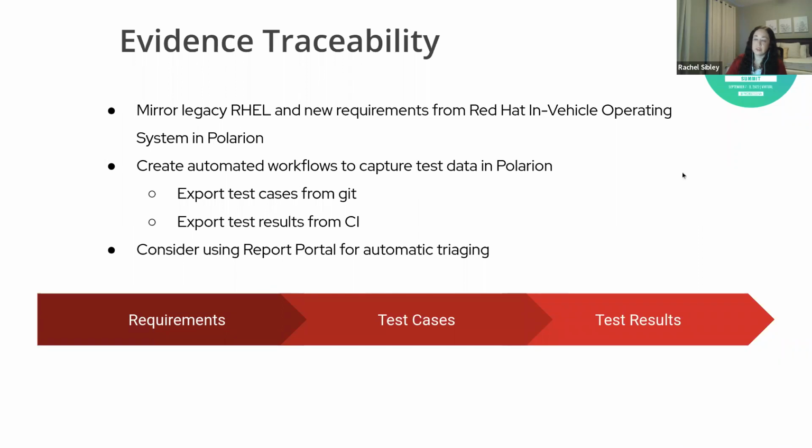So for evidence traceability, we are working with RHEL quality engineering. We have a working group that includes folks from RHEL QE and also from the Red Hat in-vehicle initiative, where we are working together to define all of these requirements needed for traceability. So we will be taking existing RHEL requirements, legacy requirements, and mirroring them in our test case management system, Polarian,